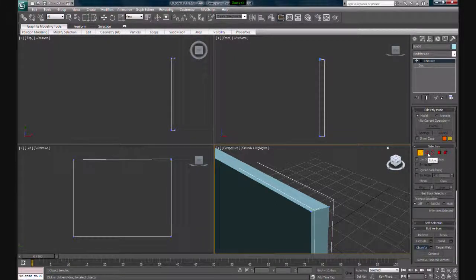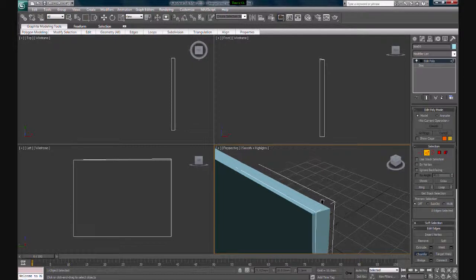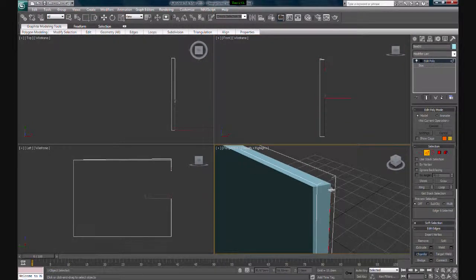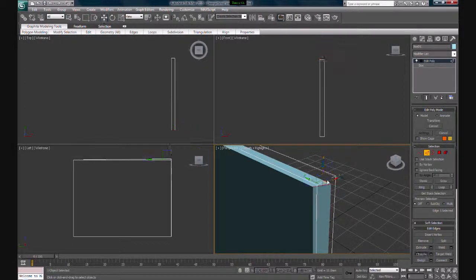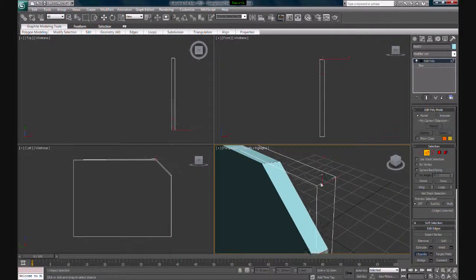So for edge, basically what you do is you can actually select the edge or the line of the box. You see, let's press F4 in perspective to actually bring out the wireframe. There you go. So yeah, I am selecting an edge, and I can do a lot of modifications to it. It's the same. You can apply chamfer if you want to. You see,